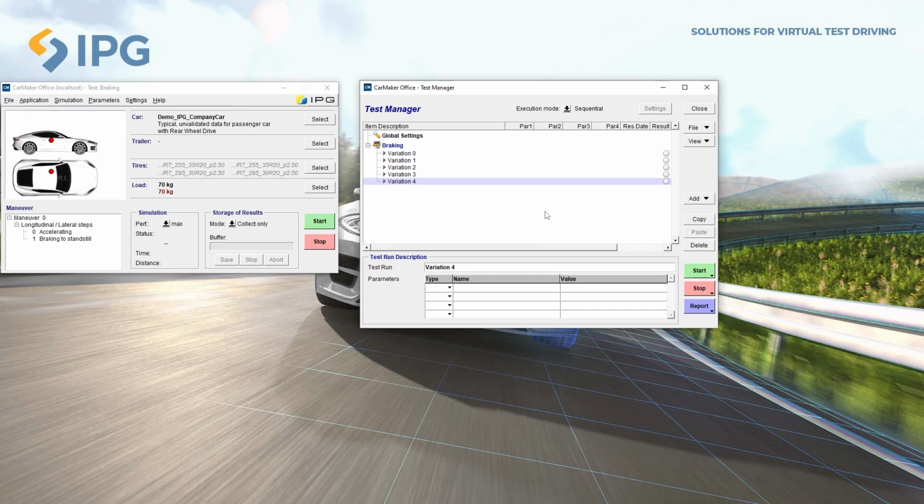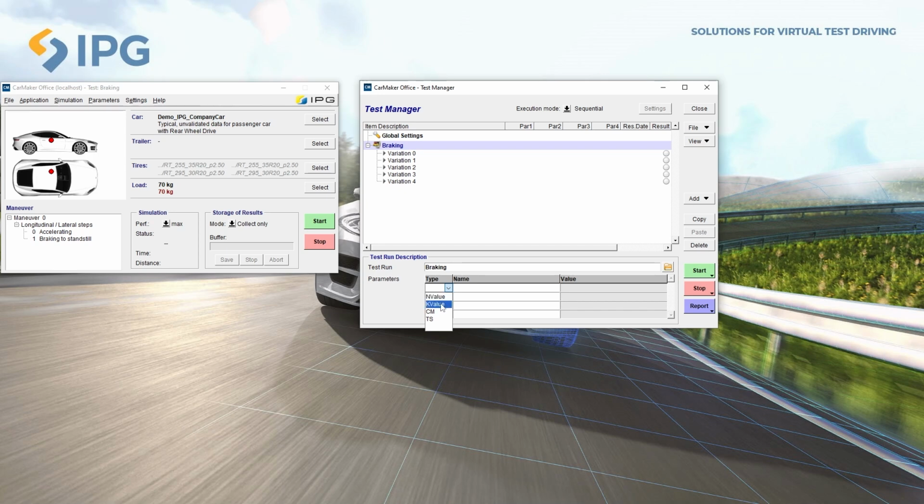Now when you click on test one and inside parameters, you can see the type, name and the values are grayed out. First, let's look at the types. You have name values, which is a specific value that can be changed inside the test one.